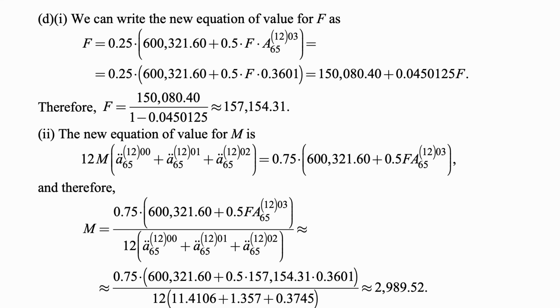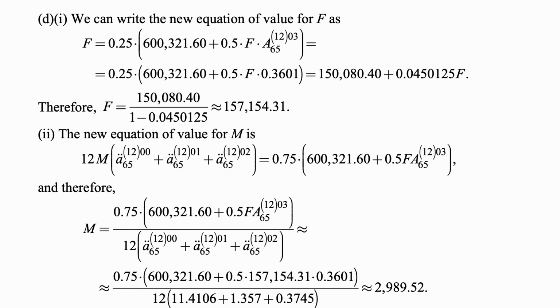Part D, part 1, we can write the new equation of value for F as F is equal to 0.25 times 600,321.60 plus 0.5 times F times A65^1203 for payment upon death. That's 0.25 times 600,321.60 plus 0.5 times F times 0.3601. This becomes a straightforward linear equation in F once we multiply it out, and we solve it for F. F is equal to 150,080.40 over 1 minus 0.0450125,